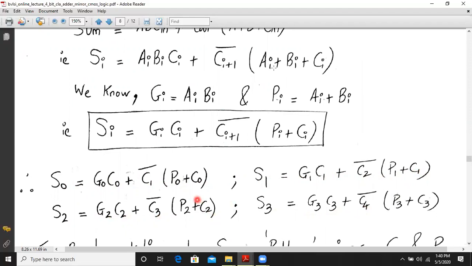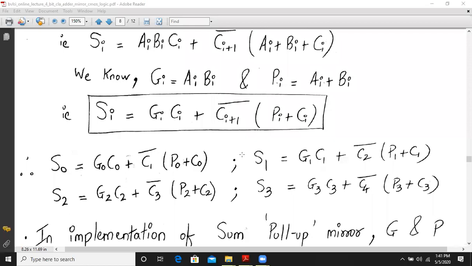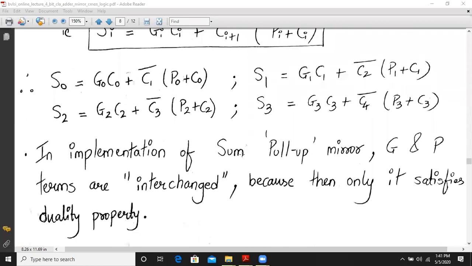Now we have to implement them using mirror CMOS logic. Okay, so let us start. While implementing the sum pull up as a mirror, we have to take care that the generate and the propagate terms are interchanged, because only then will it satisfy the duality property.